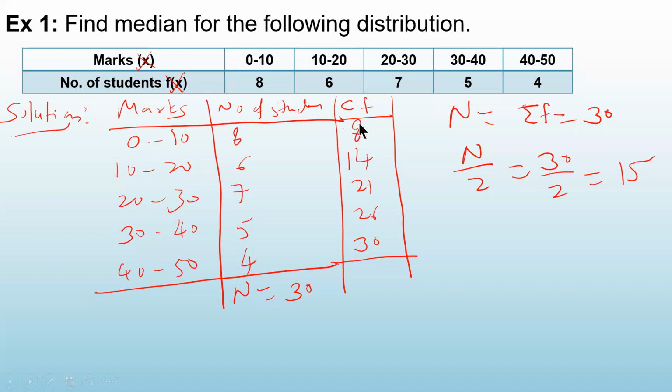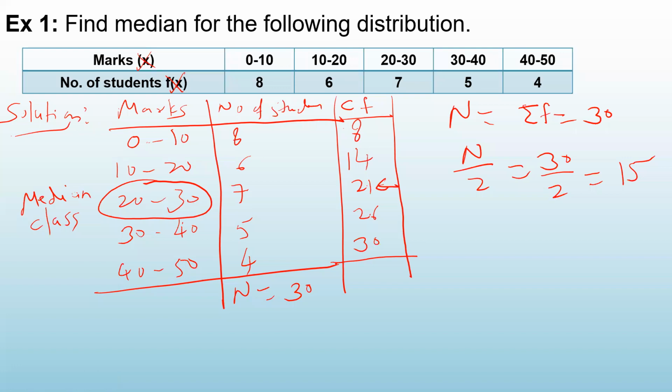Fourth step. ये वाला कॉलम आप चेक करो. ऊपर से स्टार्ट करो. जहां पर ये 15 से बड़ा हो जाए वहीं पे स्टॉप होना है. 8, 14, 21, तो यहाँ आपको एरो लगाना है. और दिस इज फॉर विच वन? इट इज फॉर दिस. आपको याद होगा डिस्क्रीट केस में यहाँ एक एक्चुअल वैल्यू आता है, तो दैट इज योर मीडियन. यहाँ क्लास इंटरवल आ रहा है, तो दिस इज योर मीडियन क्लास. तो फोर्थ स्टेप में यू आर लोकेटिंग द मीडियन क्लास. So 20 to 30 is your median class.